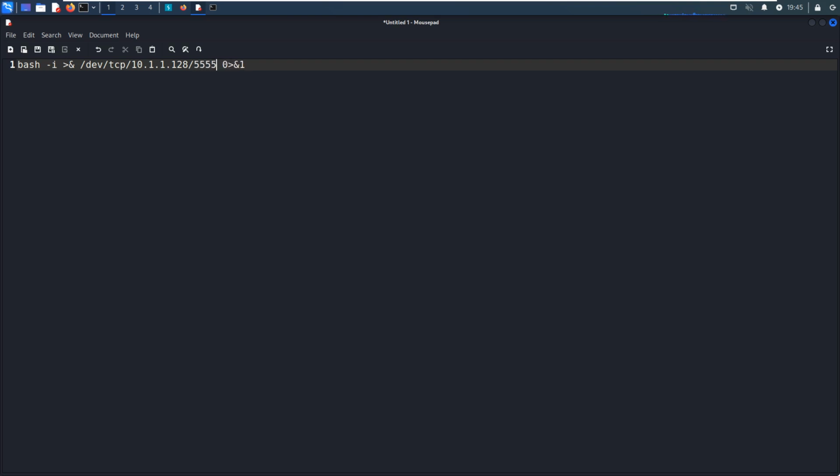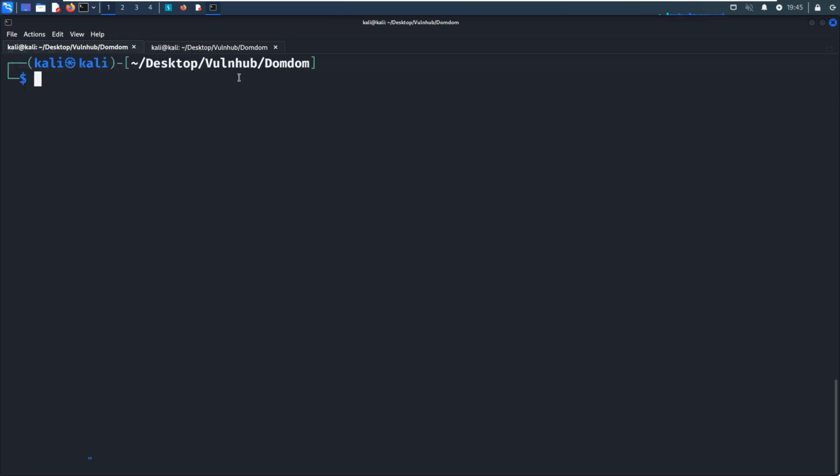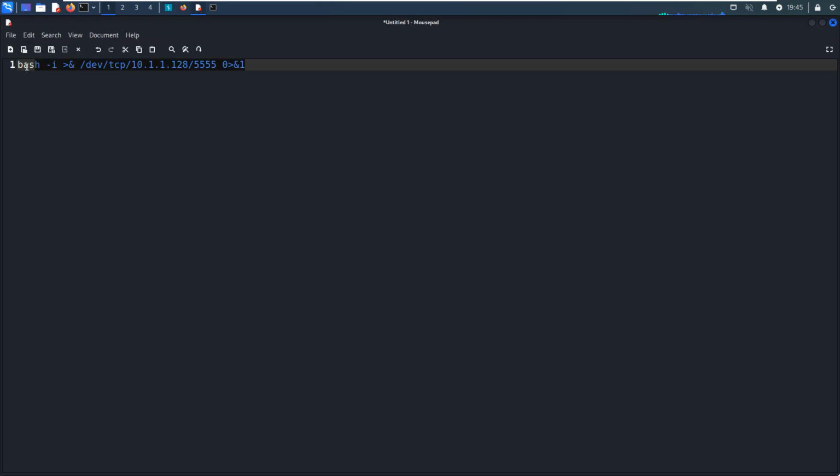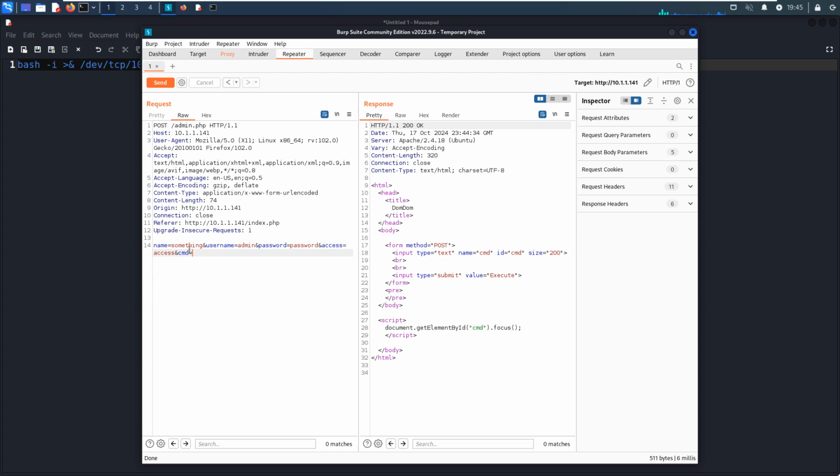Of course, we need to set up the listener on the Kali Linux, and then we can copy this command and put it in here, send.